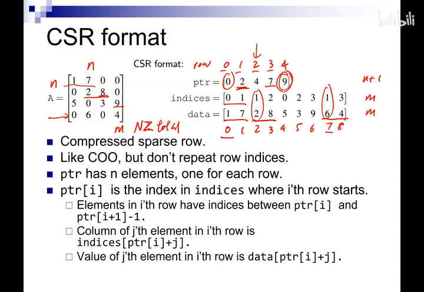Okay, so in terms of some code, the way that we're going to look at these is that suppose you want to get the data for the ith row. Well then these indices are going to occur between pointer I and pointer I plus 1 minus 1. So for example, if you want to get the data for row 2,